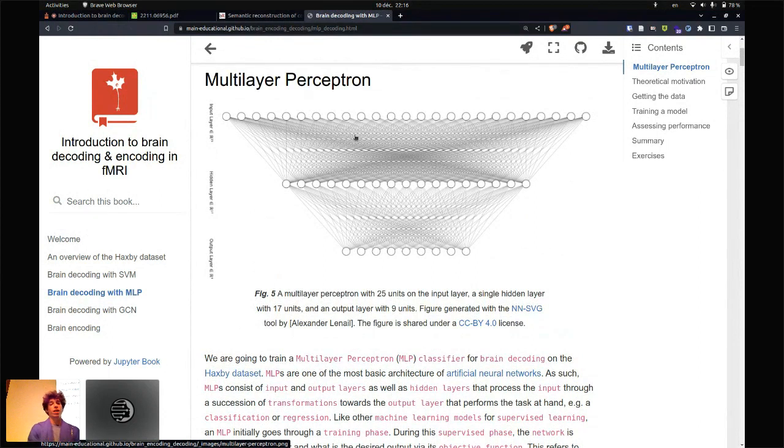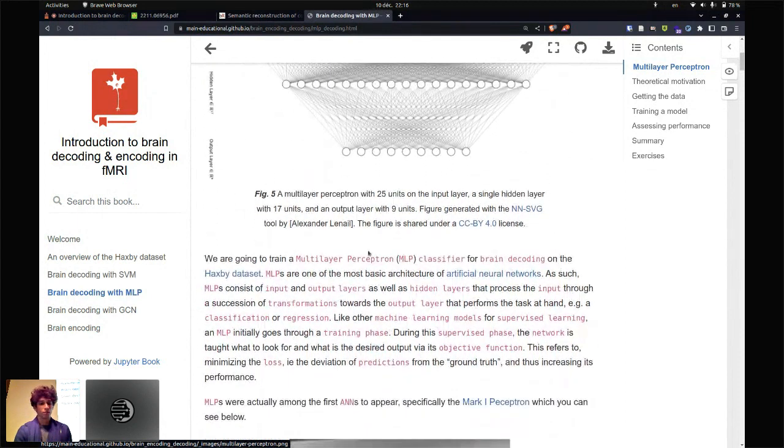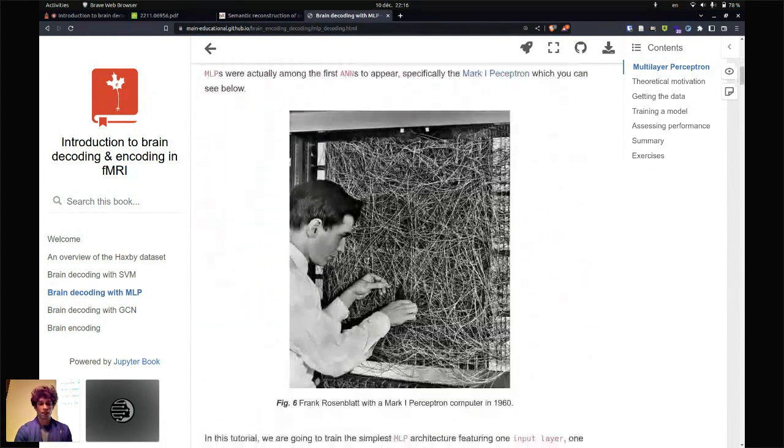So maybe you all have this idea that a multi-layer perceptron is something that looks like this. So mostly you have different layers that are connected together and that try and find some sort of pattern at each stage of the neural net so as to use this information to classify or regress some quantity of interest. So I won't go over all the text,